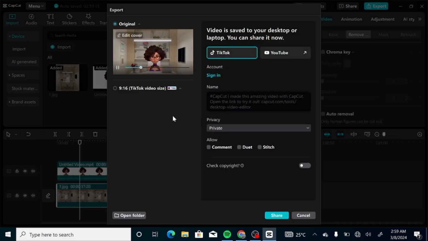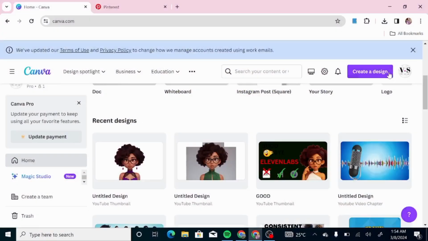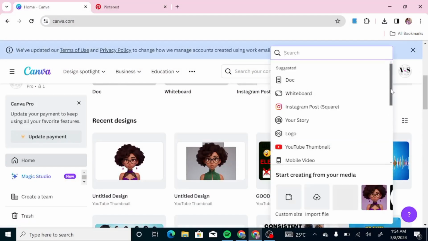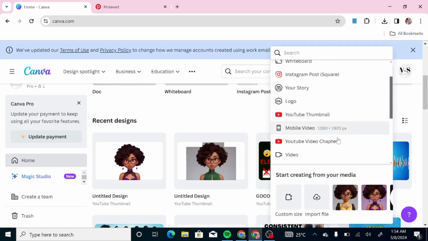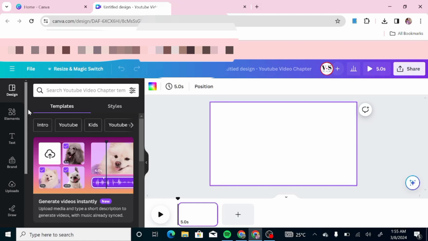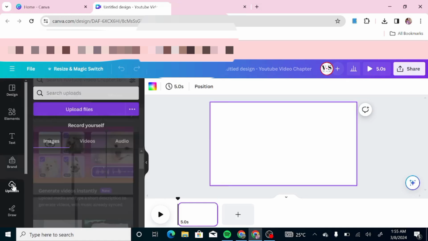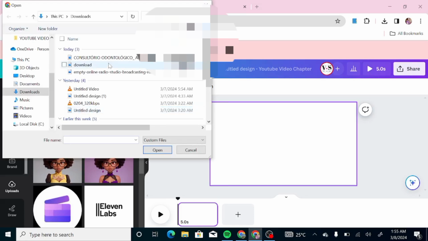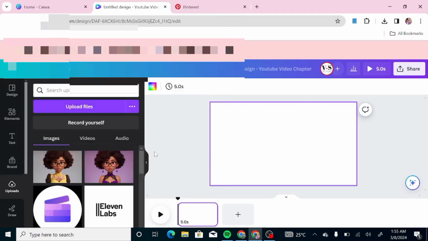And so for our second method, you'll be using Canva. So you're just going to hit design, and you're going to choose the YouTube video. So we're just going to have that, but bear in mind that for you to use this, you actually need the Pro plan. So you're just going to upload. You're going to upload files. So we're just going to drag out the picture that we got from Pinterest,